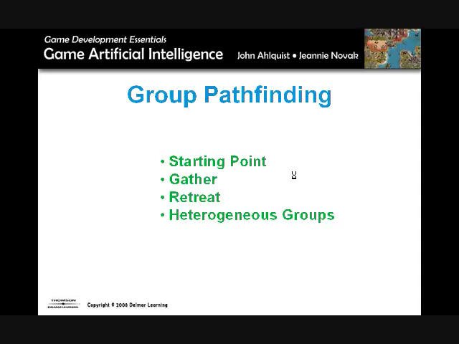And then lastly, you have the problem where you may have units of different types trying to move together. So you may have a tank along with infantry soldiers. Maybe the tank can move faster than the soldiers. What do you do there? Do you let the tank go off on its own? Do you group them together so that all the units move at the pace of the slowest unit? If you had a plane and a tank, would they move together, or would the plane just go because it can get there faster and doesn't have the same encumbrances that